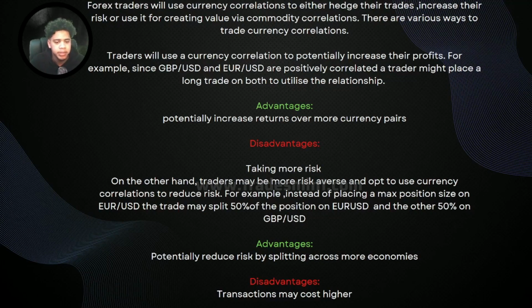On the other hand, traders may be more risk averse and opt to use currency correlation to reduce risk. For example, instead of placing a max position size on Euro USD, the trader may split 50% of the position on Euro USD and the other 50% on GBP USD. The advantage of that is it can potentially reduce risk by splitting across more economies, and the disadvantage is transactions may cost